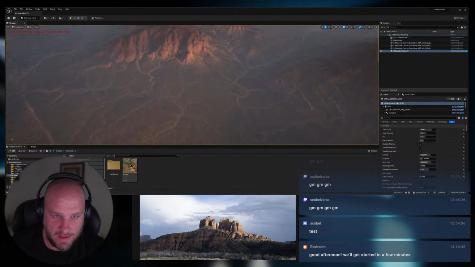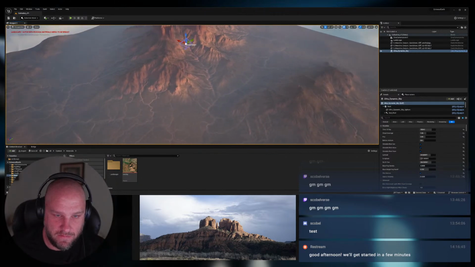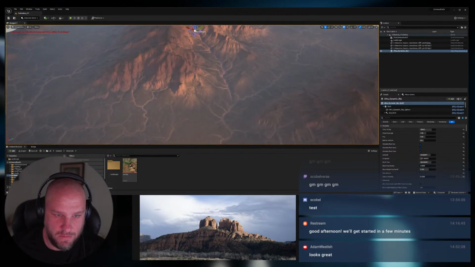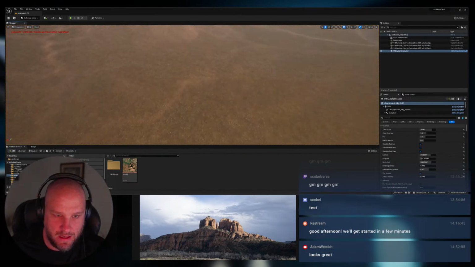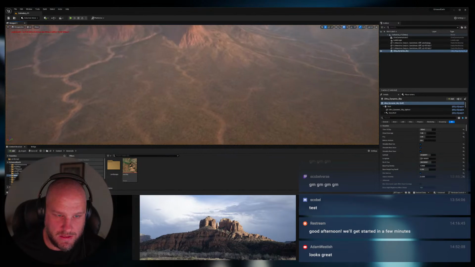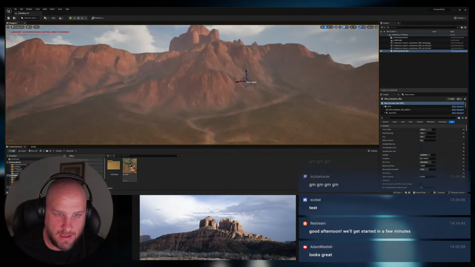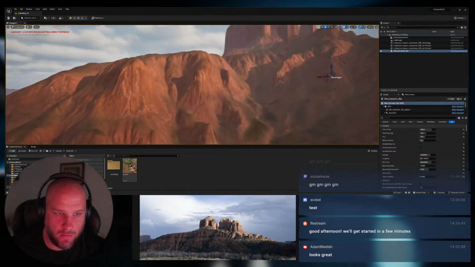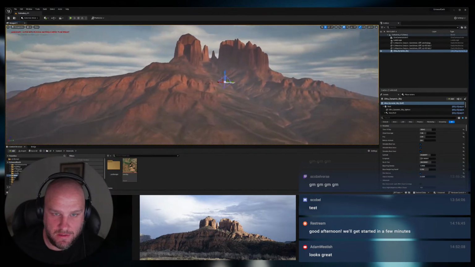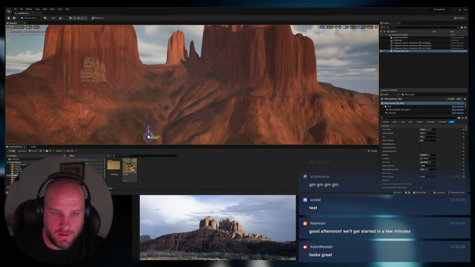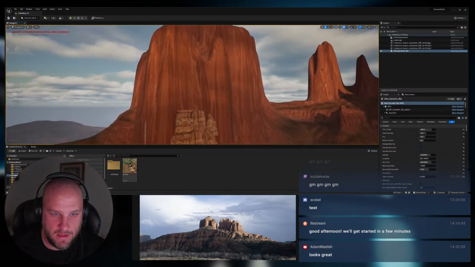So first, if you go up here, you can see we've got a little bit of, it's not really a river system, but it's where the rivers should be. And you can also see there's a grassy area here, and then it turns into a light dirt area, especially along these ridges. And then it turns into rock when it goes into these different heights. So the big issue that we're dealing with, among a bunch of things, but the biggest one is this,